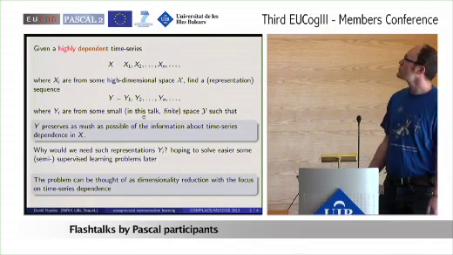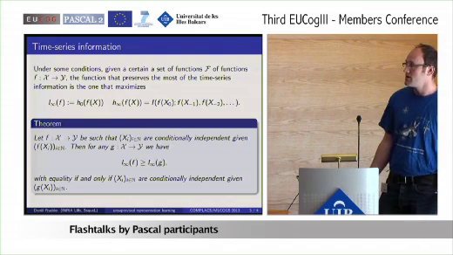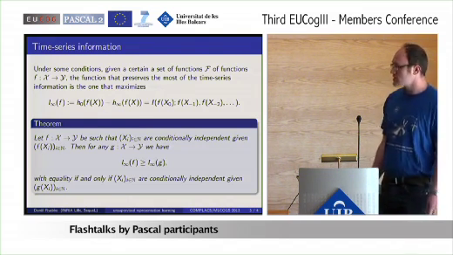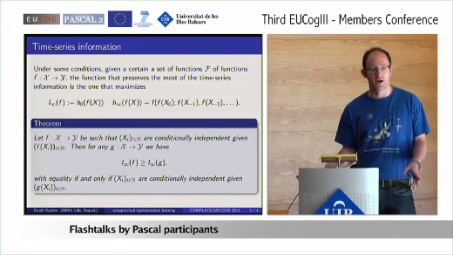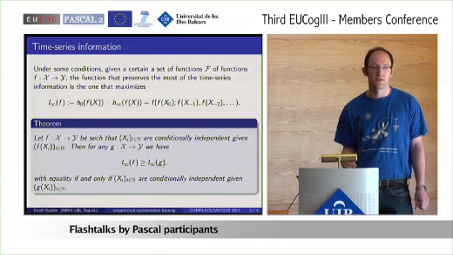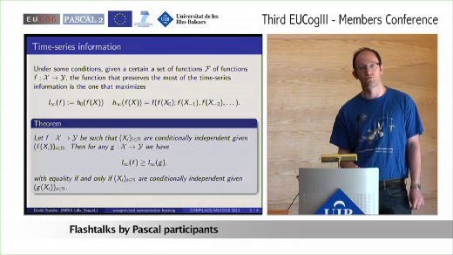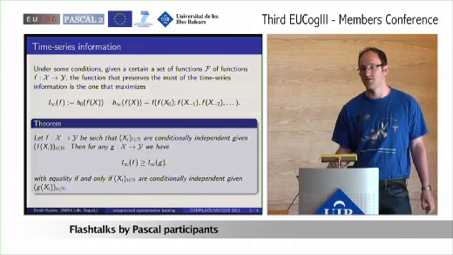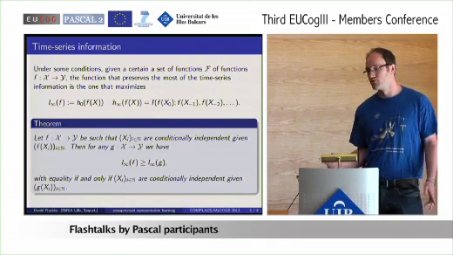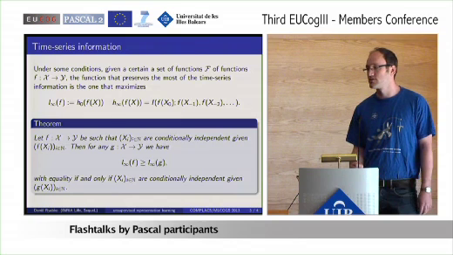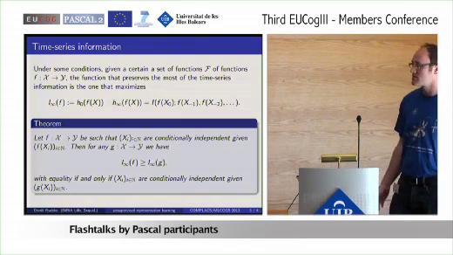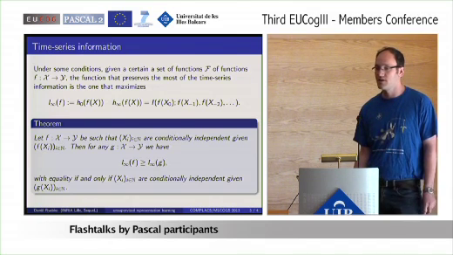Okay, so let's try to formalize this problem a little bit. In an ideal situation, we would like to have a function f such that, given f of xi, the initial inputs xi become conditionally independent. So given the f of xi, we would like to be able to discard xi. And so it can be shown that in this situation, finding the function f that achieves this property amounts to